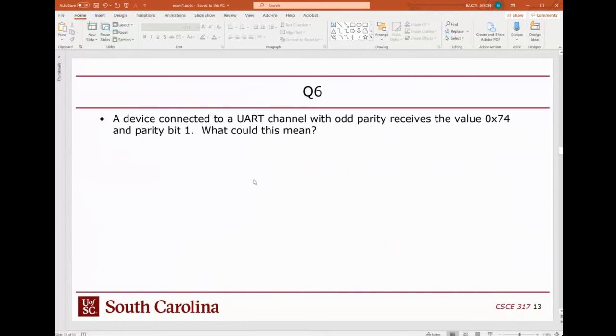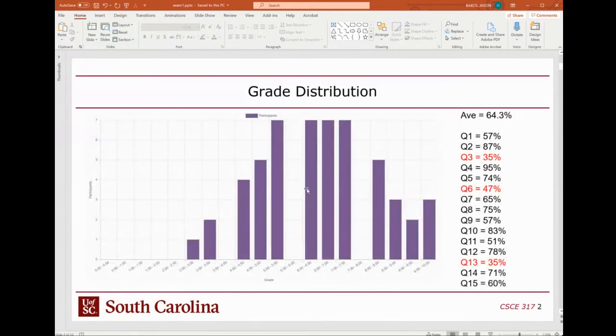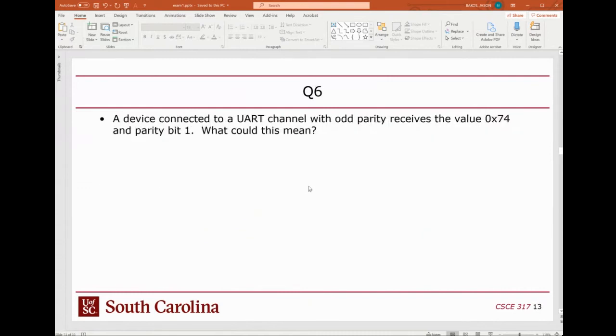Question 6. A device connected to a UART channel with odd parity receives value 74 in hex and parity bit 1. I think this one was one of the tougher ones. Yeah, question 6 was 47%. So this one,